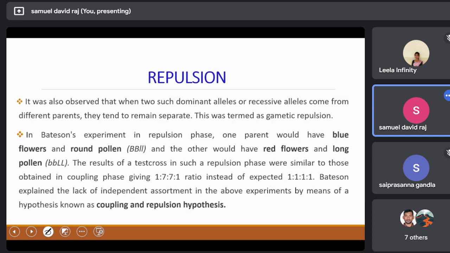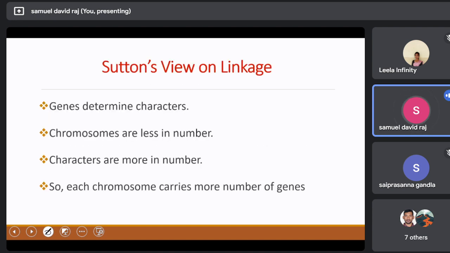Next, this is all we have discussed. The second one for linkage is that of Sutton. So Sutton is a scientist. He has given his view. He also did not explain in the form of a theory. And he said that